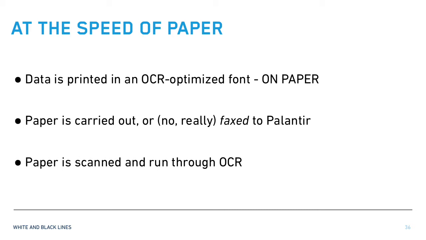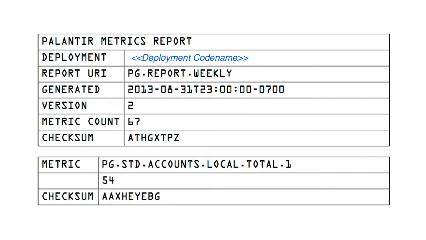So to look at what comes out of these sort of metrics reports, it's something that looks kind of like this, right? I pulled this from a PDF. This one was never faxed. And I removed the code name for the deployment. This is from one of our commercial customers, and it has just kind of the counts of